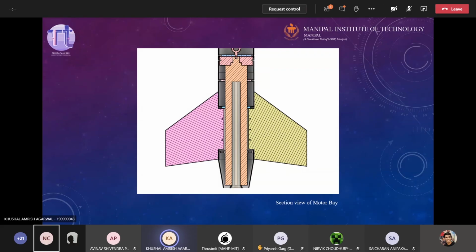A wooden mold can do the job exactly the same way as a metal mold would. We put the sheets and then put the resin in between the layers of the sheet. That is basically how you manufacture the body tubes, and it is the same for the couplers as well.